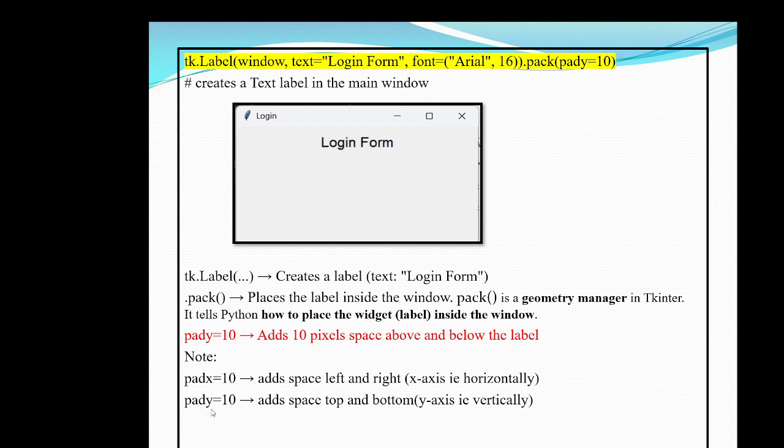If it is pady, then along the y-axis vertically, that is top to bottom, there will be a space added. So this line of code helps me to display a label in the window with specific text format, font size, and the simple layout format.